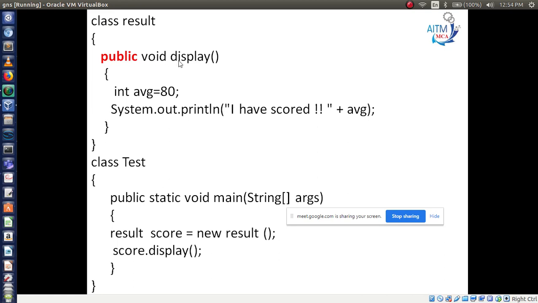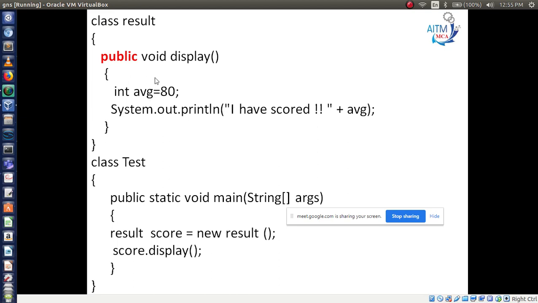Public void display means whatever you are writing inside this display method, we can access those variables in our different classes. There are basically two classes: the Result class and the Test class. In the Result class we have defined a method as public. It means we can access this variable, average, throughout our program.